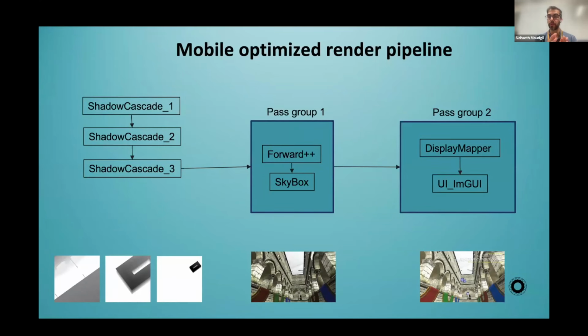such that when it does the binning for the forward pass, it does the skybox right after. So for each bin, it will do the forward pass shading, it will do the skybox pass shading, and then it will move the memory from the GPU to the system memory, and then it will do the next bin and the next bin. The same thing applies to the display mapper and the UI. And what we have done is we've eliminated the bandwidth movement for the skybox and the UI. For the skybox and the UI, you don't have to move the memory out of the GPU back to the system memory because it's going to do it at exactly the same time.